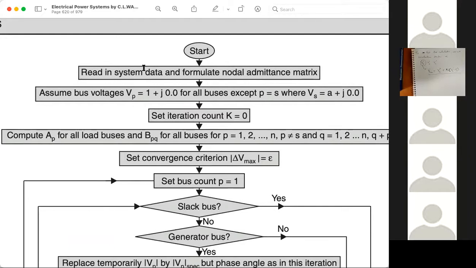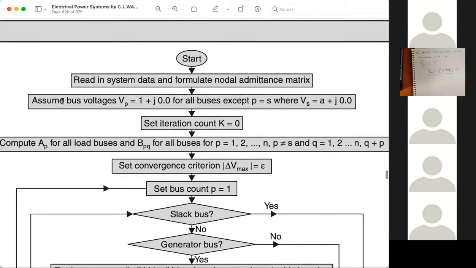We feed the system data and then calculate the nodal admittance matrix from that. Then we assume the bus voltages for all the buses except the slack bus. And then we will start the iteration method.